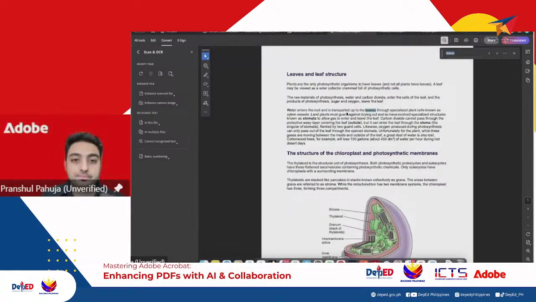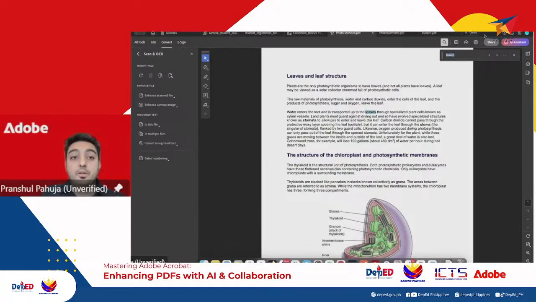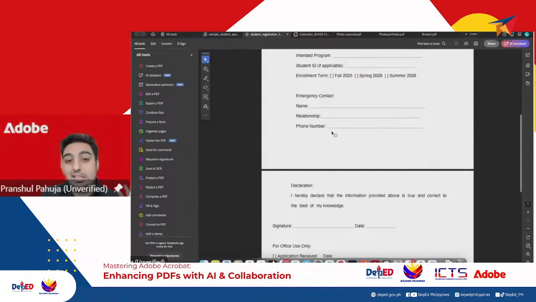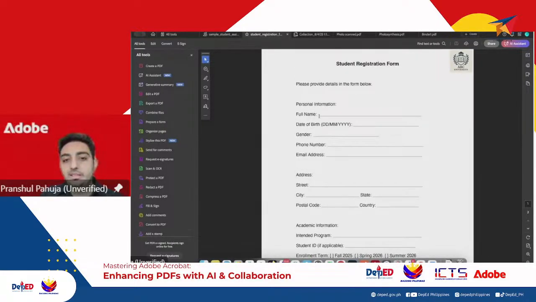Okay, before we go to the next section and to the poll, to get an idea of how some of these features can be used, I also want to touch base on one more capability, which is the form capability. For this, I'll use another example. I have a student registration form. Assuming I'm someone who's passing along these forms to students and I want to capture some inputs from them, I created this form using Microsoft Word, simply converted it into a PDF, and this is how it looks. It's a blank form with some text and some spaces allocated to get some information.